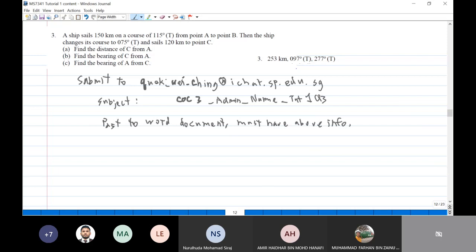So my email address is all small letters, QUEK, underscore, Quack, okay, then WEI, then CUSING, then icheck.sp.edu.sg. Okay, in the subject, you just call it CoC3, your admin number, and then the name, then tutorial 1, question 3. Okay, you can paste the Word document, and the Word document has this above information, okay, so that I